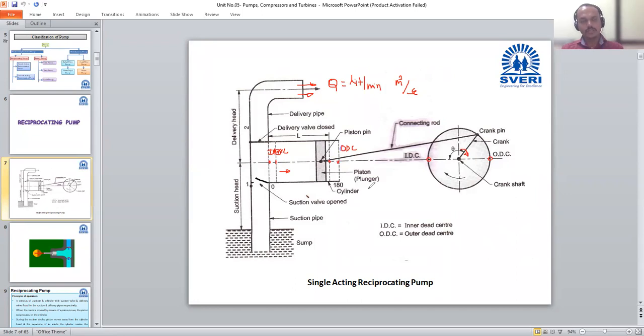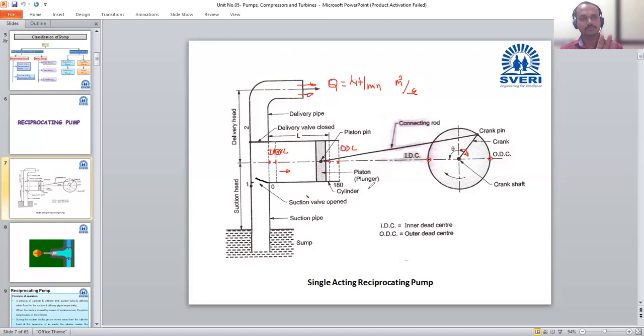So this movement of a piston from inner dead center to the outer dead center is called the stroke of a piston. It is one stroke of the piston. When the piston moves from inner dead center to the outer dead center, this is one stroke. If the piston moves from outer dead center to the inner dead center, then we call it one more stroke. Okay, have you listened about the 4-stroke engine?